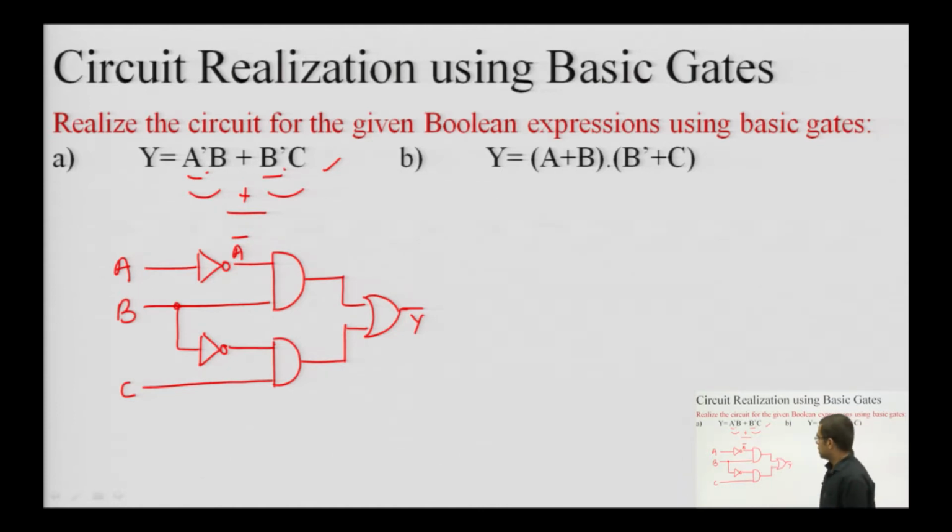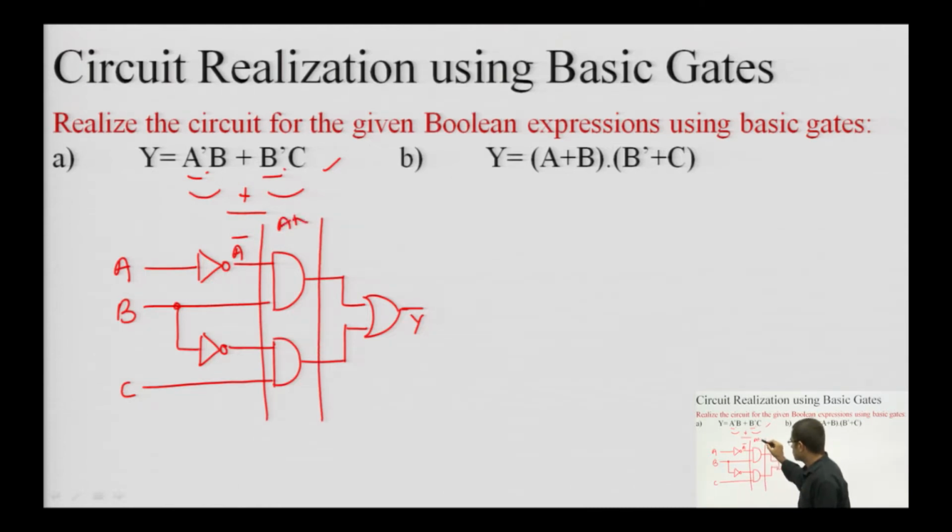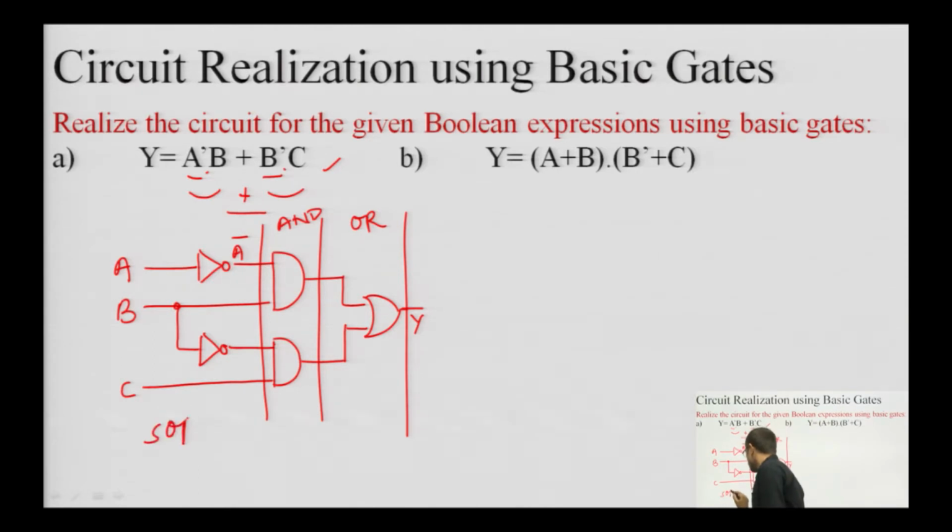So, this is, we can say, an AND OR structure. This is AND, that means first there are products, and in the later stage there is a single OR gate. So, I can say that this is an AND OR structure, and this expression is already in SOP form. So, I can state that SOP will be providing me AND OR based structures.